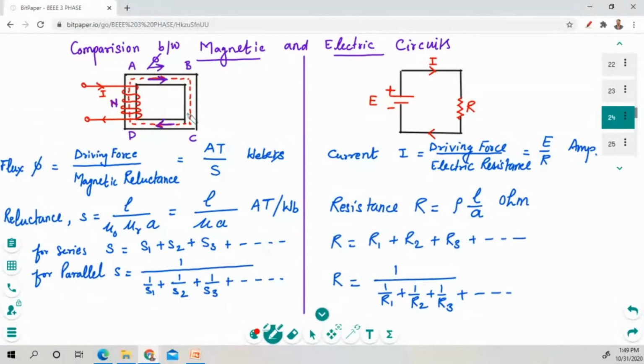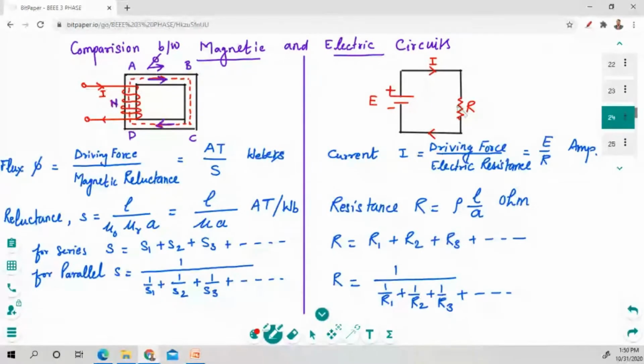To revise our basic concepts. Okay. So now in a magnetic circuit, you will find that a closed path of any magnetic material is placed with the help of these wires. The magnetic field is induced. Okay. So when these magnetic fields are induced, EMF is generated and the flux is flowing through this magnetic circuit.